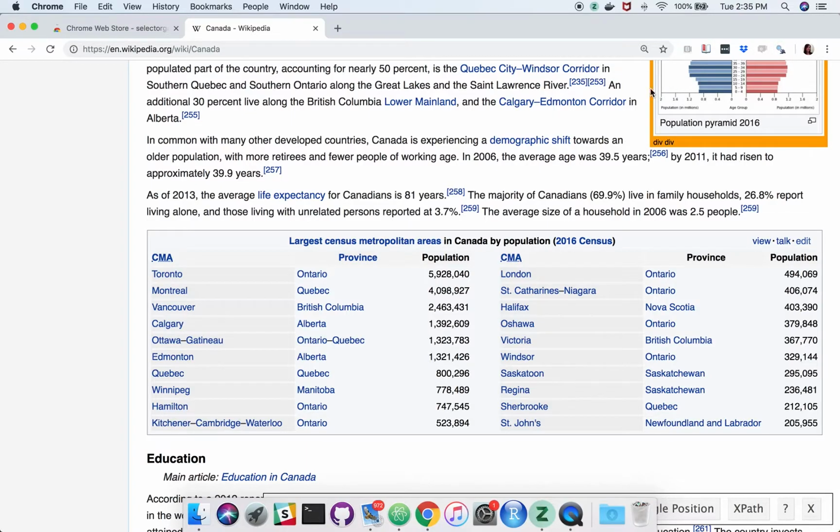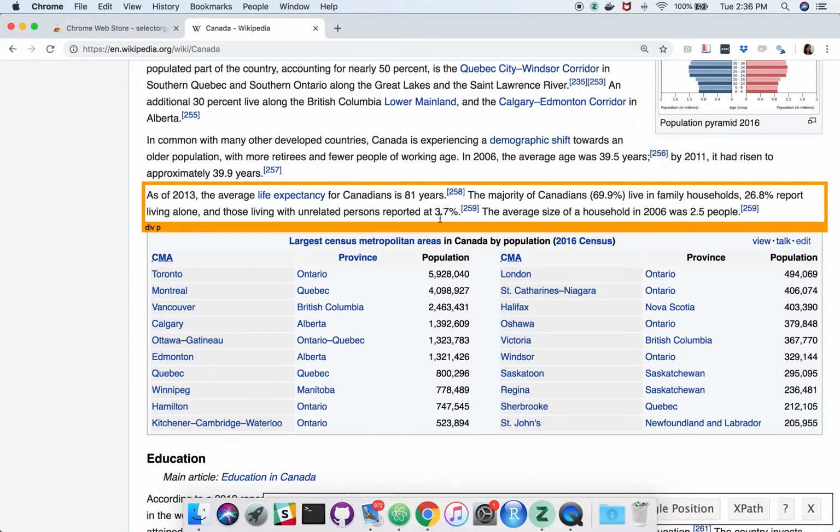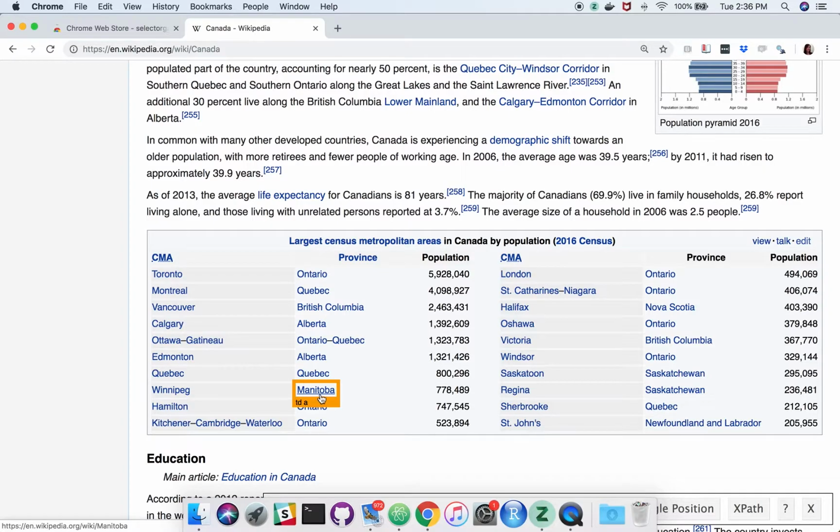Once we have that clicked on, when we start moving the mouse around the web page, you can see that it starts highlighting things. So what we want to click on then is the data that we would like to scrape off the website. So I'm interested in the population column. And when I click on this,